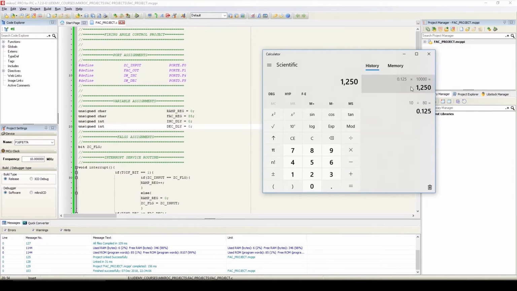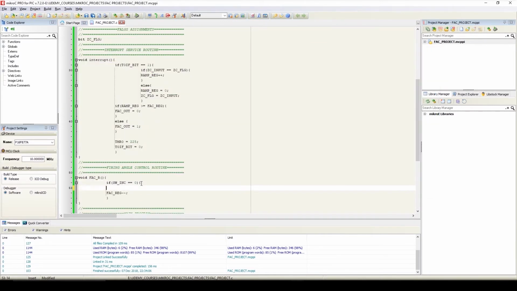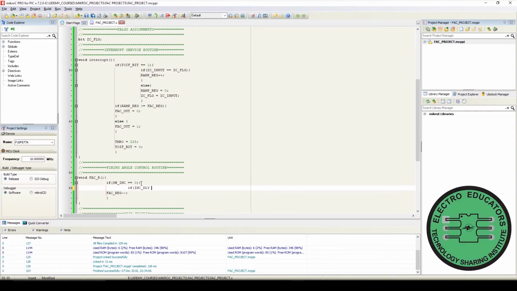It means that we'll move the value 1250 to the delay register, and it will give us the time that is 10 seconds from minimum to maximum voltage change. So here we'll check if increment delay is greater than or equals to 1250,